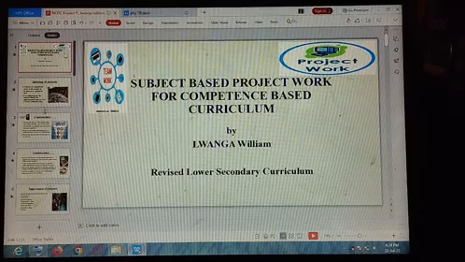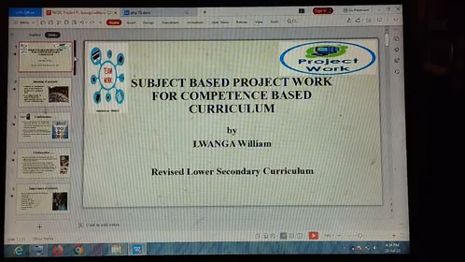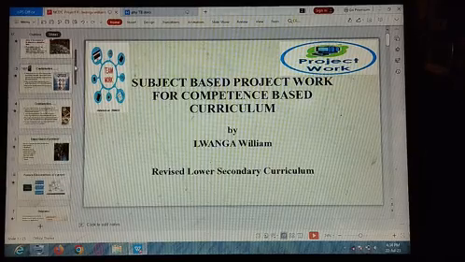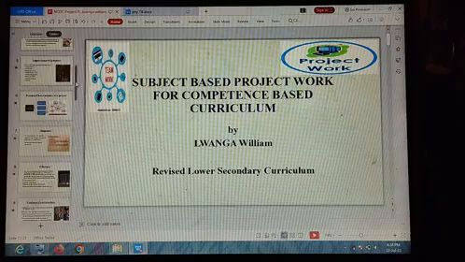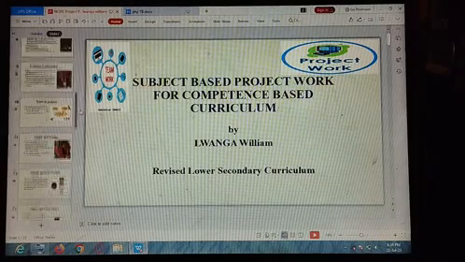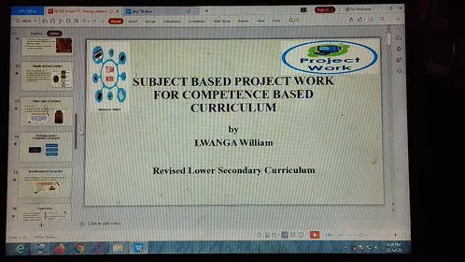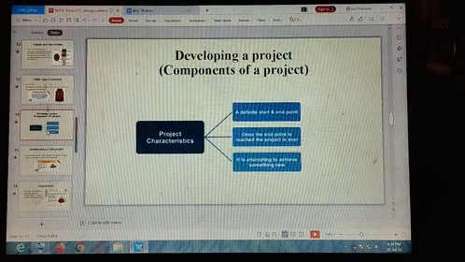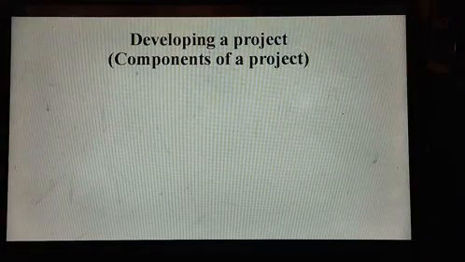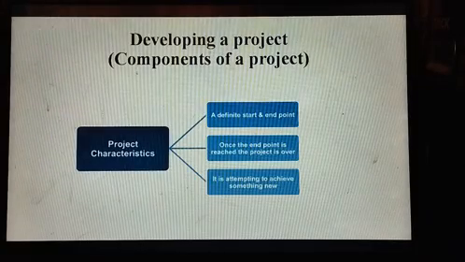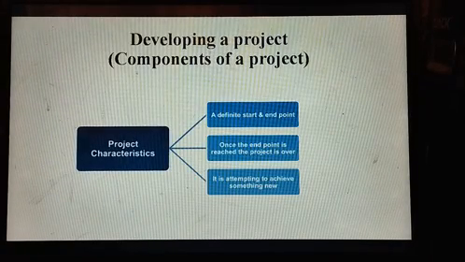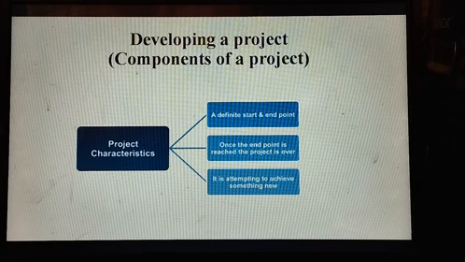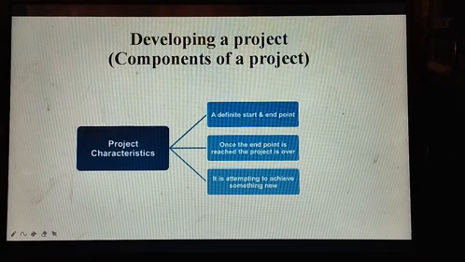So if we commence with our lesson number 4, remember we said for our lesson number 4 we are going to start from the components of projects. So what we call developing a project. Before we continue with the components of projects, we must put into consideration